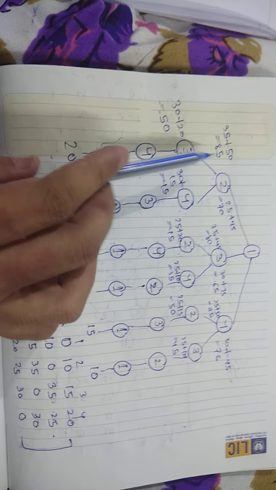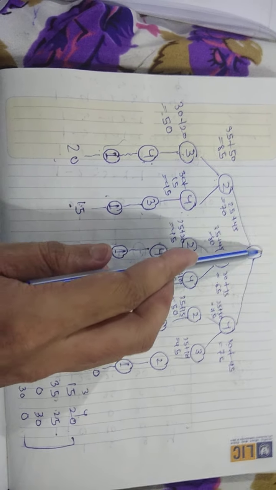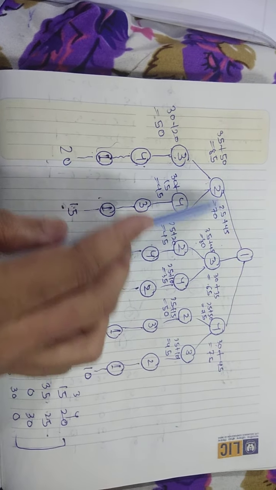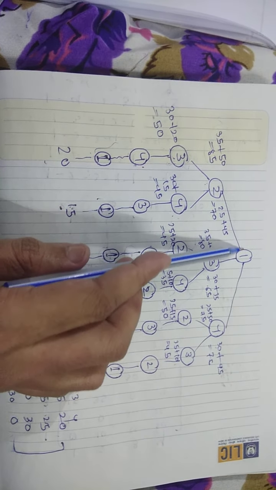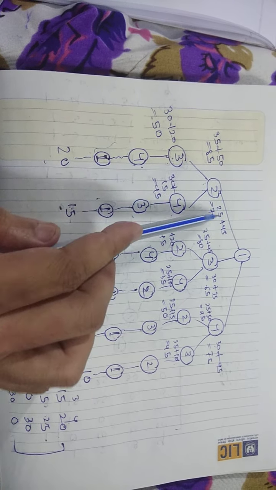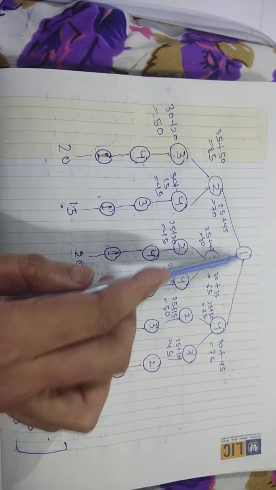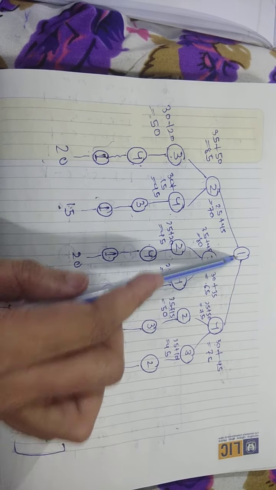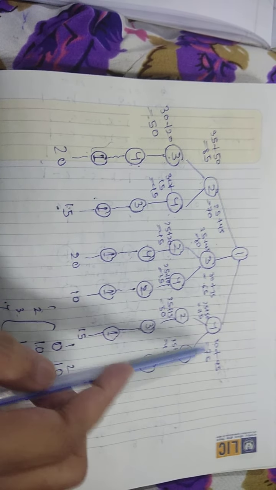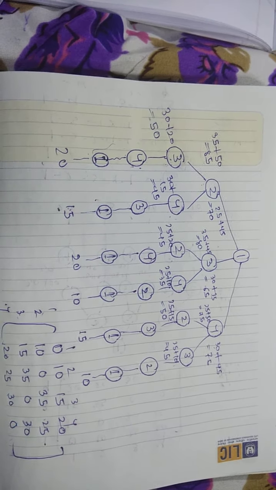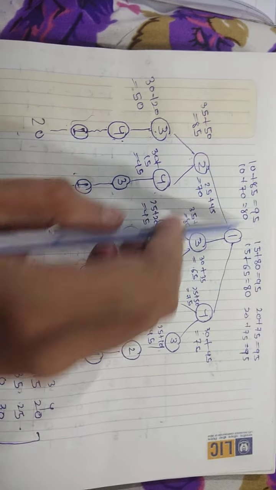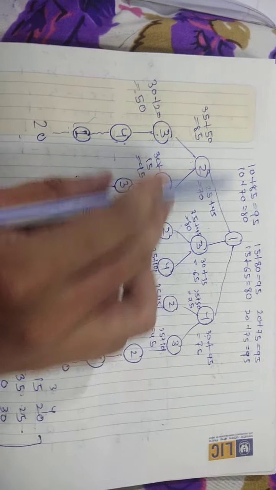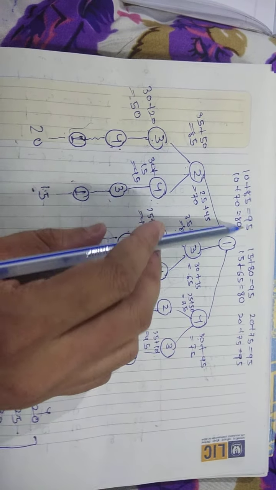Okay, so here see, next we have to calculate the cost. Then 1 to 2, what is the cost? Then you have to choose the minimum one. Which is the minimum one? Okay, 1 to 3, then which is the minimum one? We have to add it. Then here 1 to 4, which is the minimum one? We have to add it here. See, here we have to calculate the cost also, but here we show both the costs. Okay, but you have to choose only the minimum.